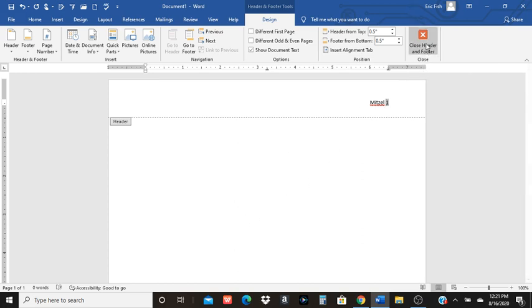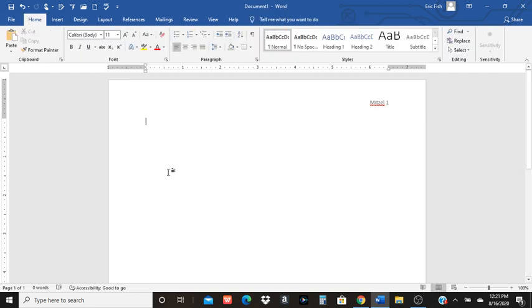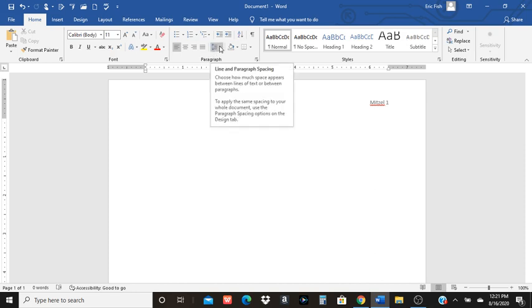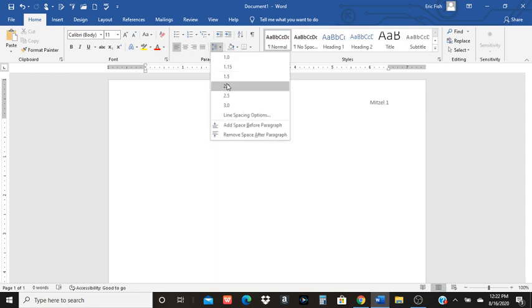You can double click underneath that line if you're good at video games and such. Once you get to here, you're going to see your last name and the page number. It should count your pages. Before you start typing, you want to double space. So we're going to go up to line and space, paragraph spacing, this up and down arrow, and hit 2.0